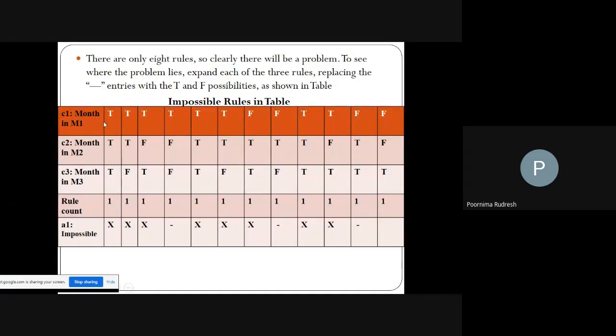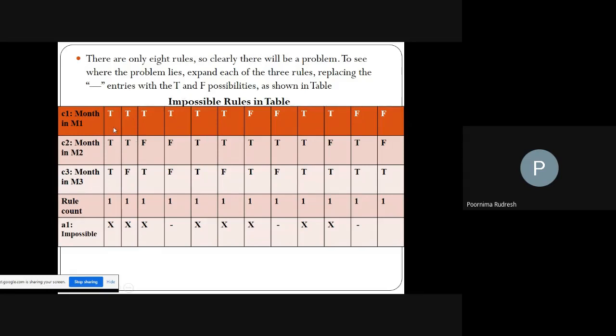What are the inputs to that? C1 is T, C2 is T, C3 is T. Right. Yeah, this is 1.1 and then this is 2.1 T T T and the output rule count is 1 and the output is X. Now compare the first column with this. All the entries are same. You compare column 1 with this column, all the entries are same, and instead of representing one extra column, we are reducing.